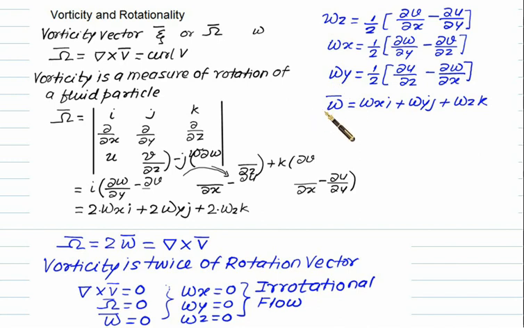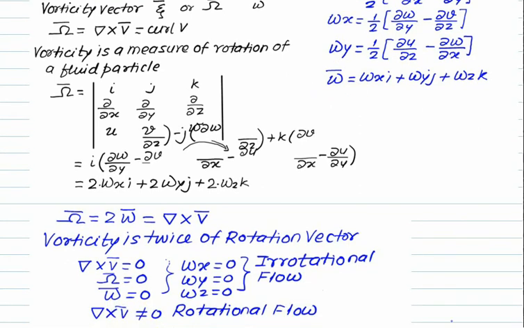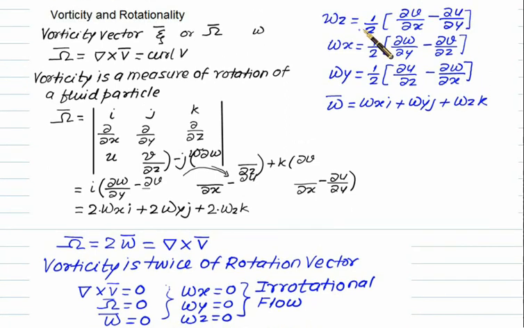Whenever we want the flow to be irrotational, the curl should be equal to 0. If the curl is equal to 0, then omega x, omega y and omega z are individually equal to 0. If any one of these values is not equal to 0, it is called rotational flow. So in the case of rotational flow, the curl will not be equal to 0. In the examination they will ask what is the condition for irrotational flow along the xy plane. So you have to consider the third dimension, z, and the condition becomes that omega z should be equal to 0. From this equation we can write the condition, that is, del v by del x must equal del u by del y.